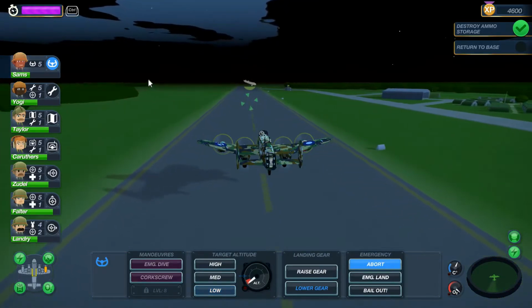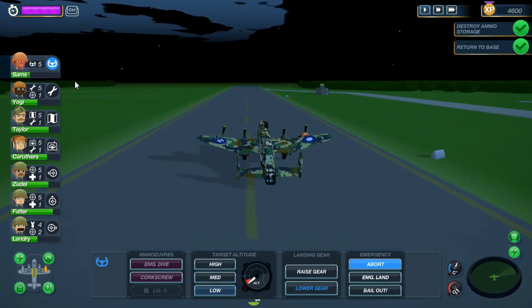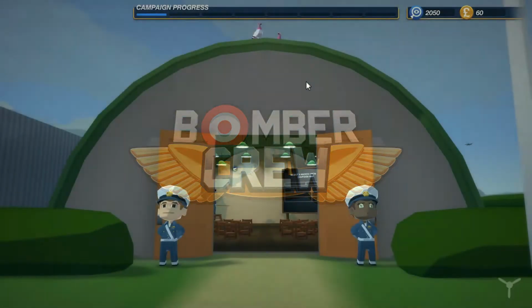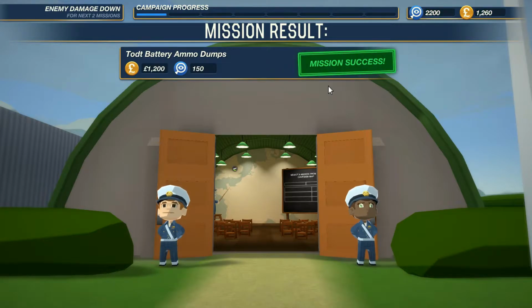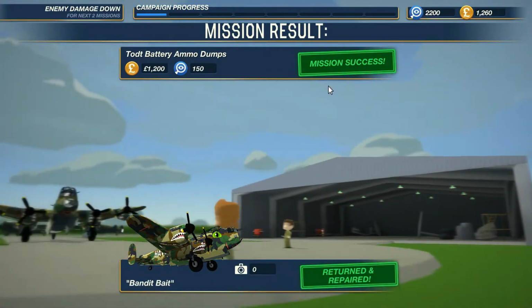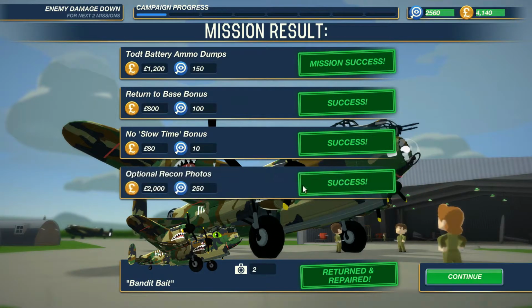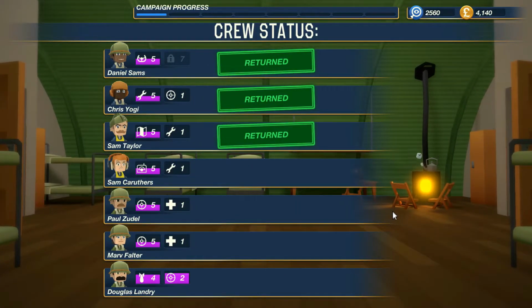All right, that was a somewhat successful mission. Our crew didn't take too much damage. They're all going to be fine. Mission results were a success. Took out our dumps. And we took 2 optional recon photos. That gives us a big chunk of cash and a big chunk of intel. So good on us. Now we are going to, as soon as we get through this crew status update,